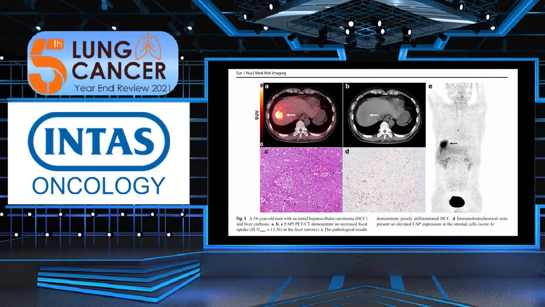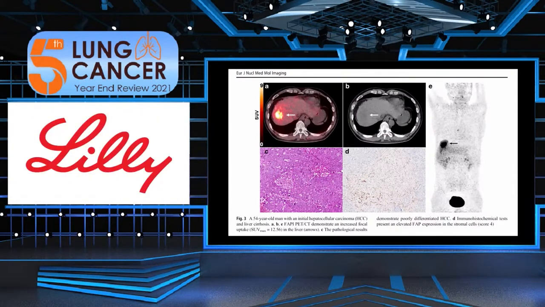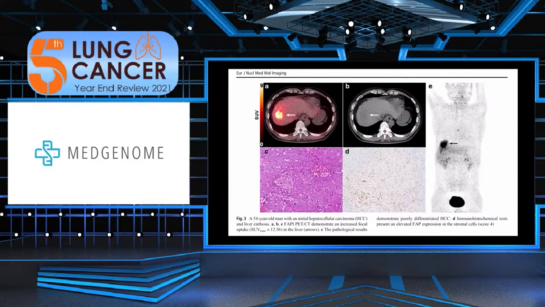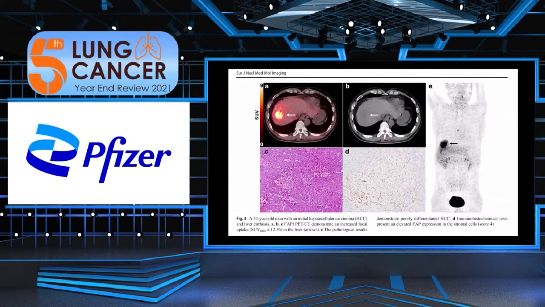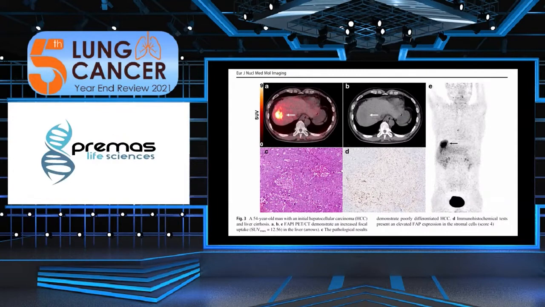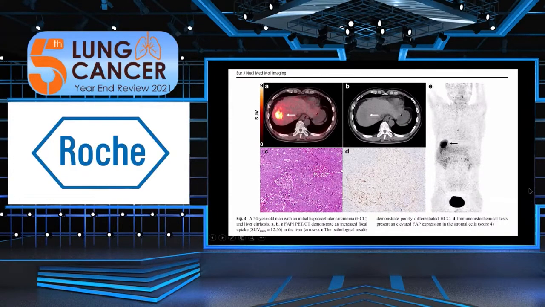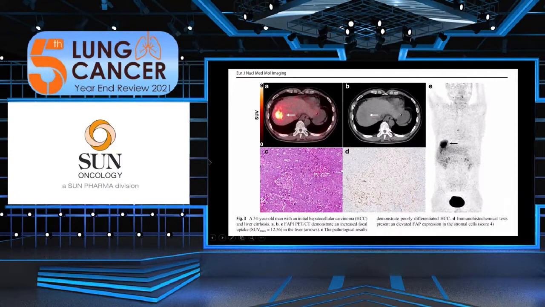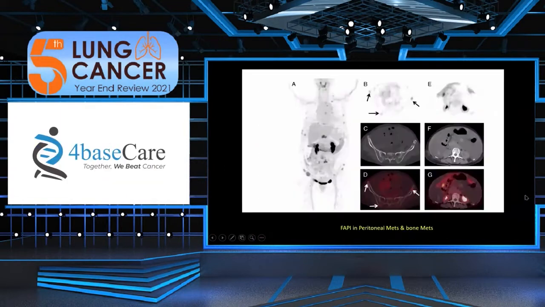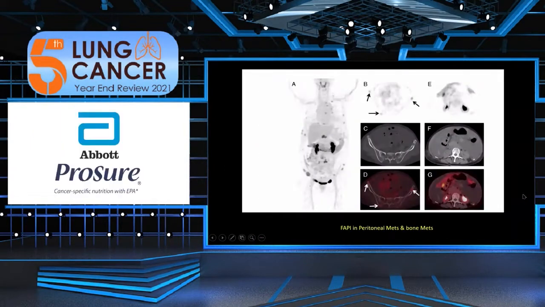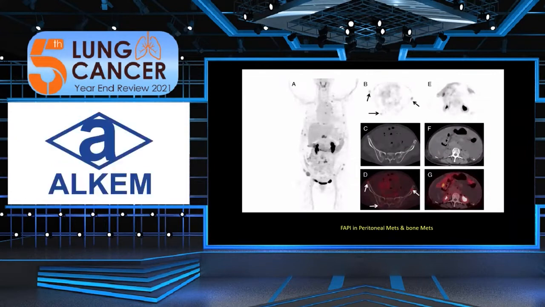But now this is a paper which has looked at the liver nodules and HCC, and which shows that the uptake is directly proportional, and unlike the FDG, there is no variability in the HCC with respect to the uptake of the FAPI. So this, as a theranostic molecule, will now give us a lot of opportunities to treat this patient during various phases of this disease. And the FAPI in a case of a peritoneal metastasis and bone metastasis in another such case.